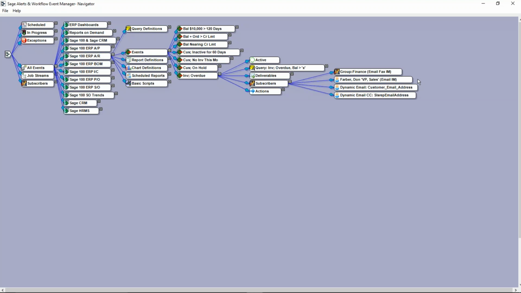You already have the contact information for your vendors and suppliers. And so we don't want you to have to manually re-enter that in alerts and workflow. So all of that alert recipient data, person's name, their cell phone number, their email addresses, etc., can be automatically read by alerts and workflow dynamically out of your Sage ERP system.